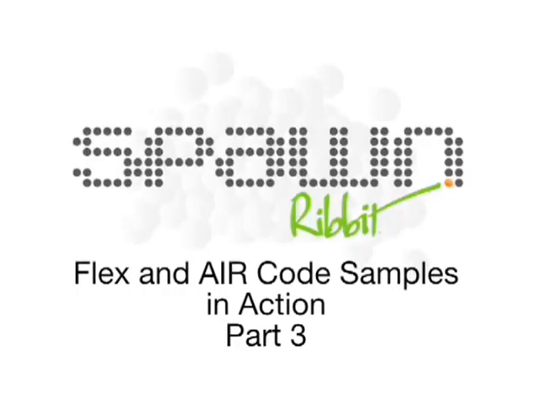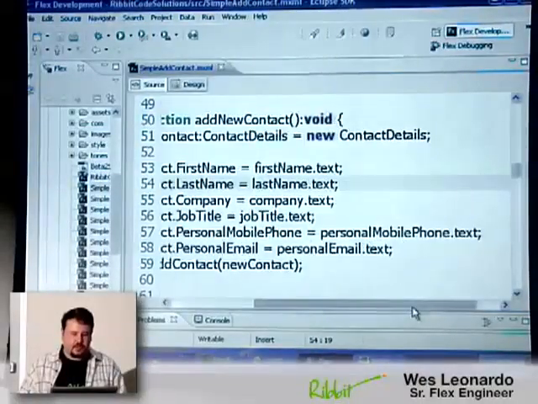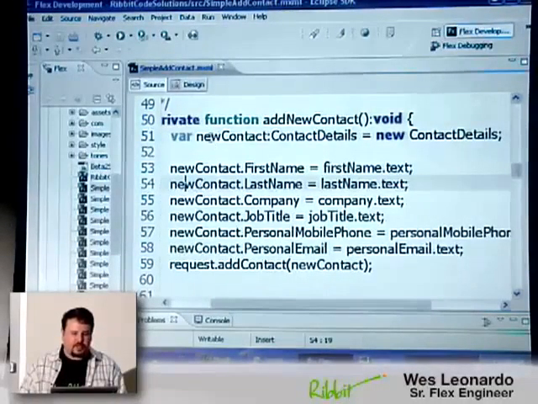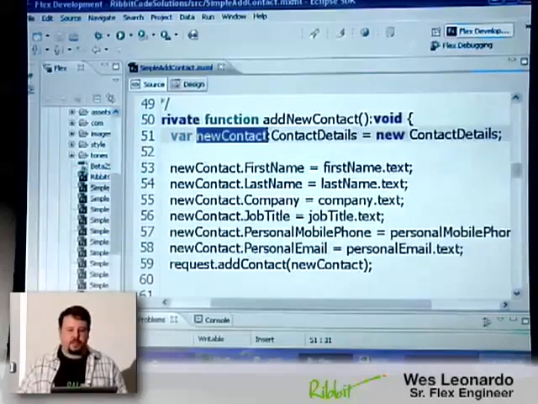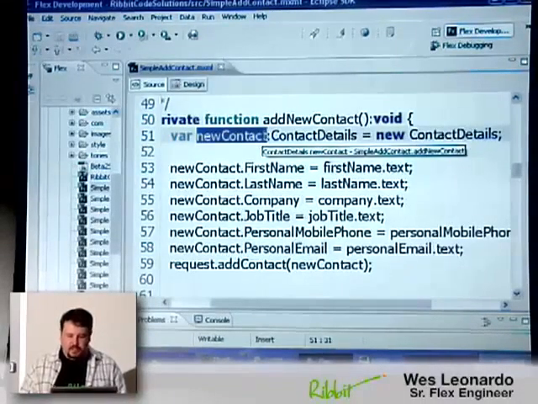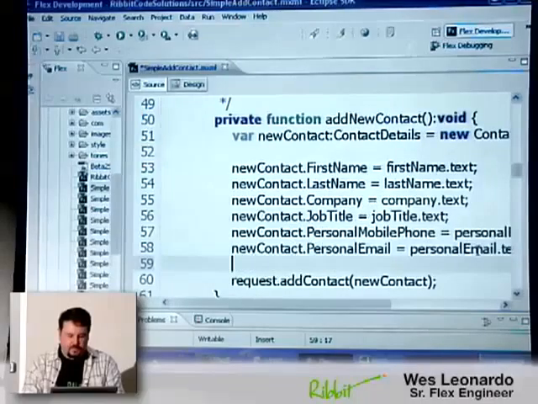So we take all that information from the form, and we're going to stuff it into a contact details object here, and just call it a new contact. This contact details can pull out anything, and you can tell that if we were to do a new contact here,